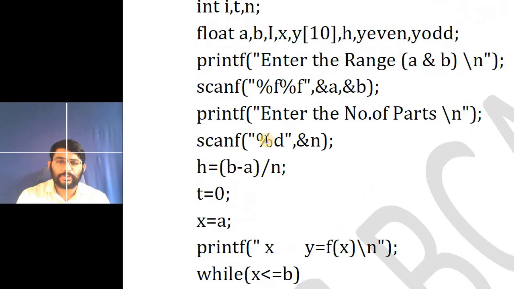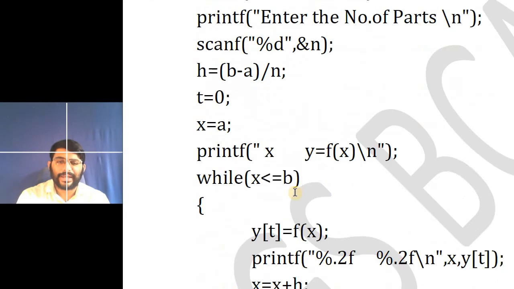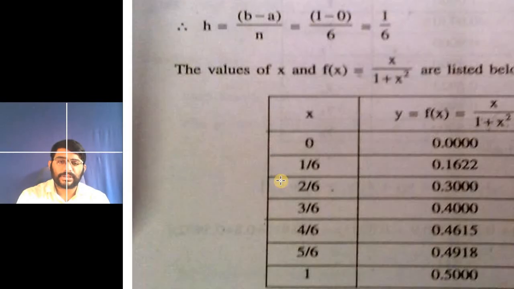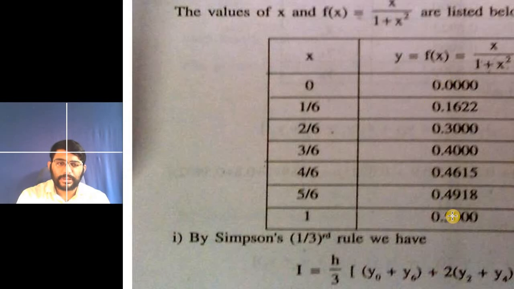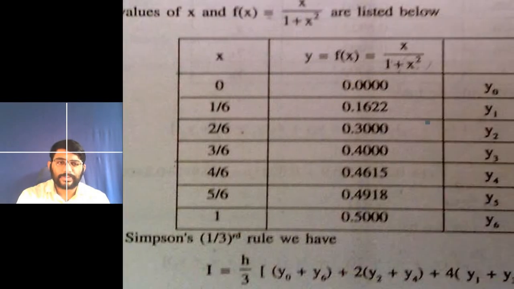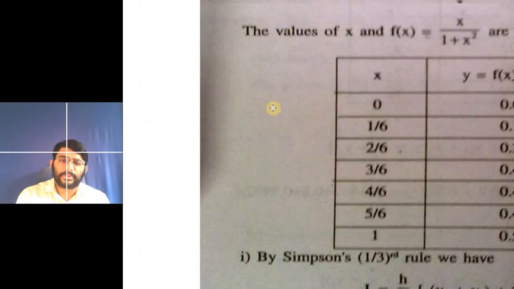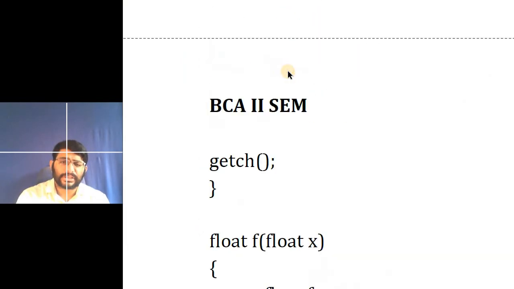Y is a, what is y? Y is nothing but an array. Why are we using an array? Because here we are taking values continuously, and what kind of values are we taking? Starting from y0 to y6, right? Y is common, only the index 0, 1, 2, 3, 4 is changing. So what kind of logic is essential? We need a variable with different index values, so the array concept is used. So this is the idea, right? It's called logic.